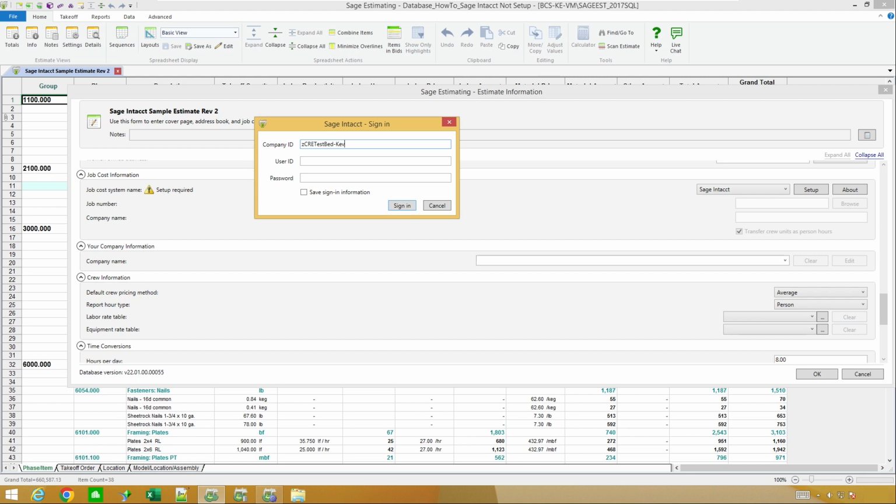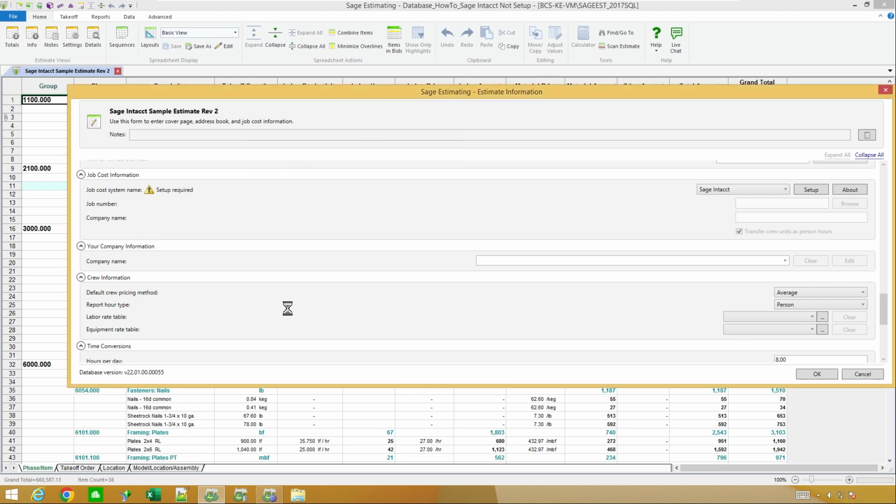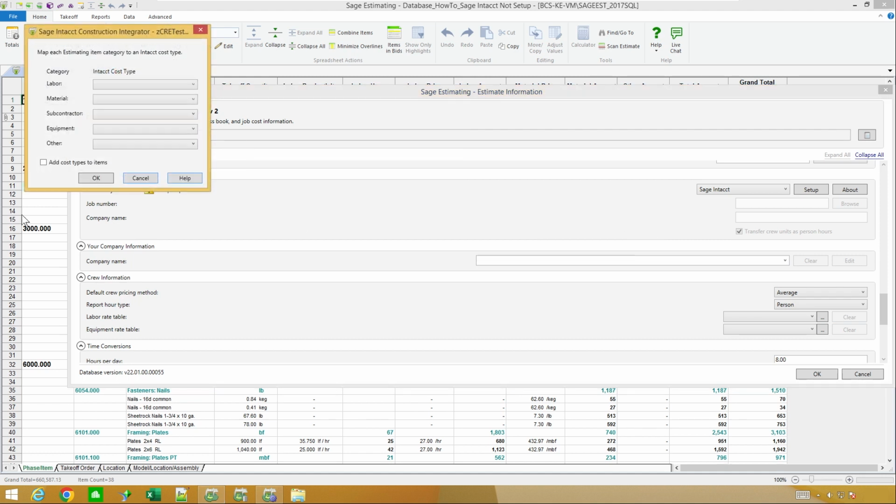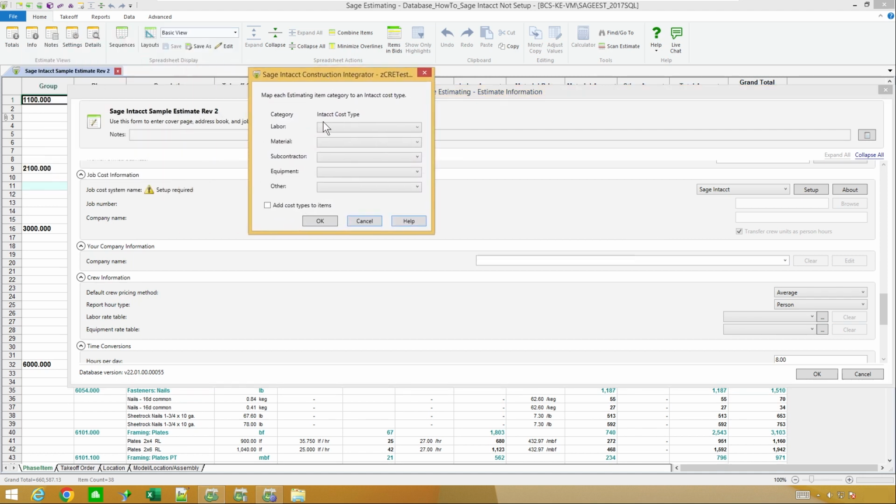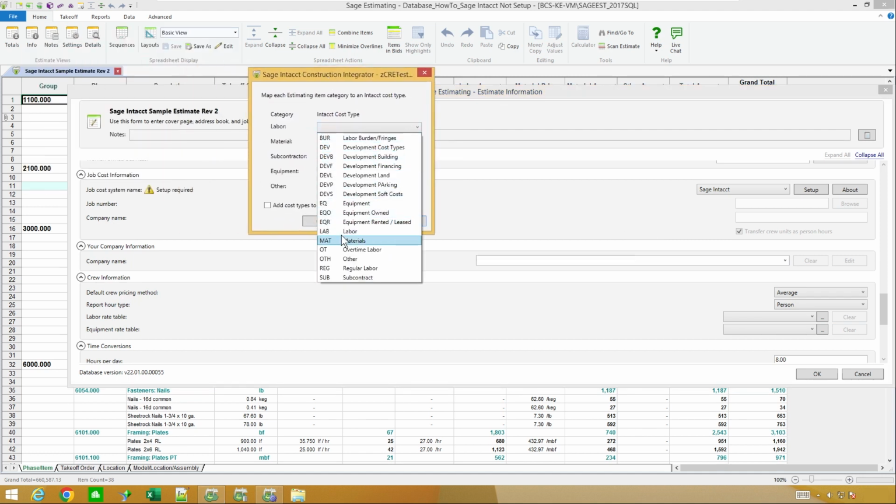And I kind of mentioned a little bit earlier that for that first setting for the database, I could skip that and just go right through here and set it up for one particular job. The only thing that I found is that this save sign-in information does seem to do a better job of saving if I set up my database first, so it at least has that similar information in there. And then I do want it to go through all the cost types here also, so that I don't have to do it within that estimate.